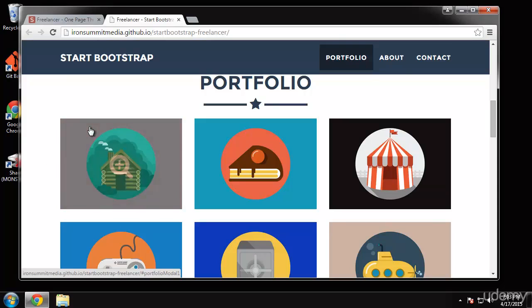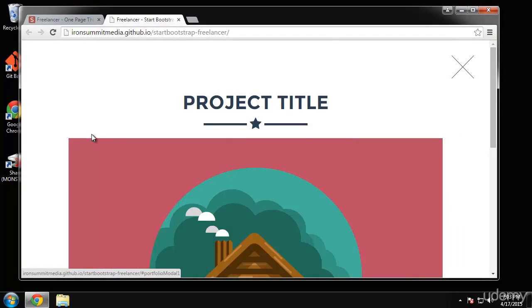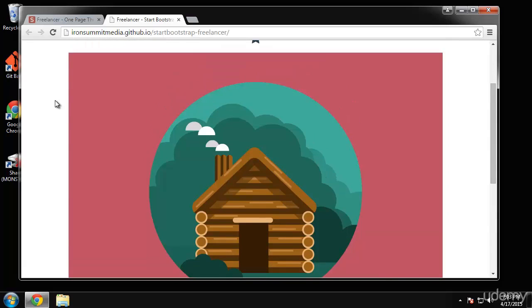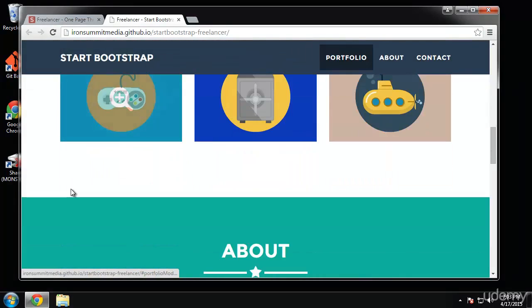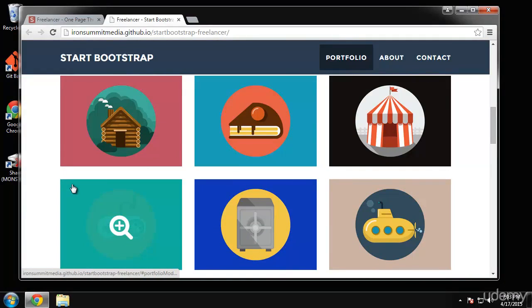Alright, so basically we'll have these portfolio items. When we click an image, it's going to open up a pop-up, kind of like a light box, I guess, and it'll have the title, the image, the description, the client, the date, and the service, and we can close that. Alright, that's really all we're going to be focusing on, the portfolio items, and we're also going to